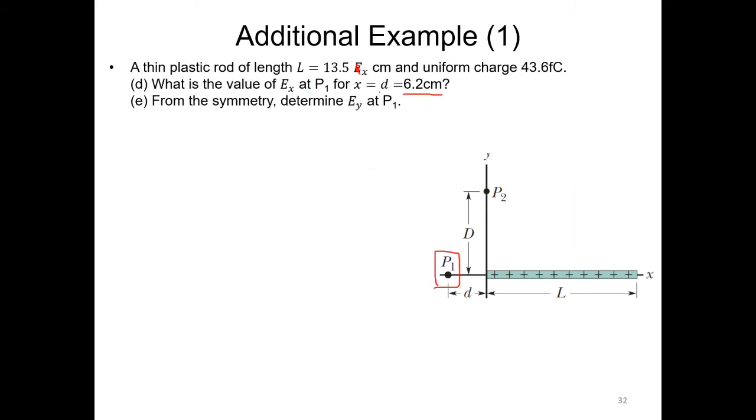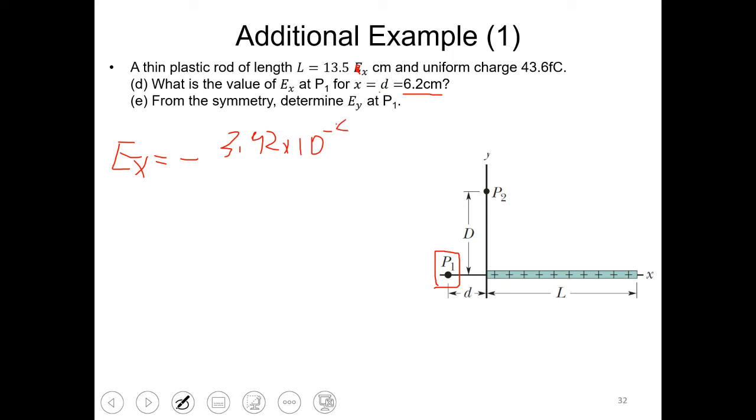So we have EX is nothing but minus 3.92 times 10 to minus 4 over 0.135 plus x is 0.062 and this one 0.062. So the answer will be